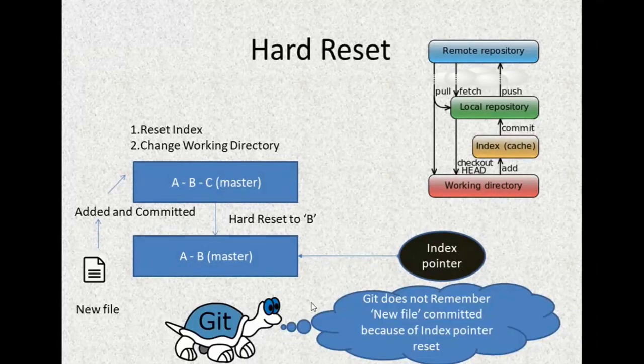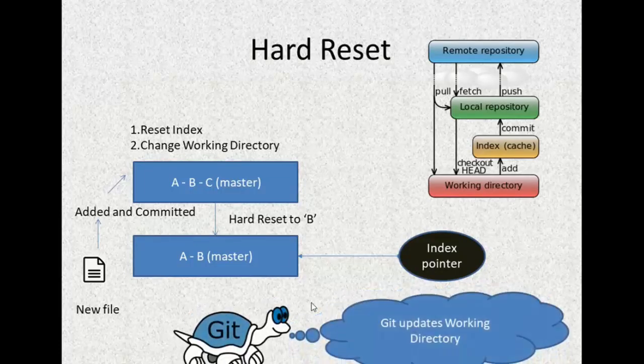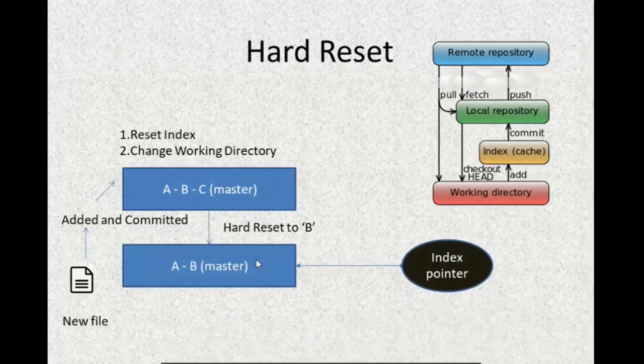So here your working directory will also be updated along with it. So this was the difference between soft, mixed and hard reset.